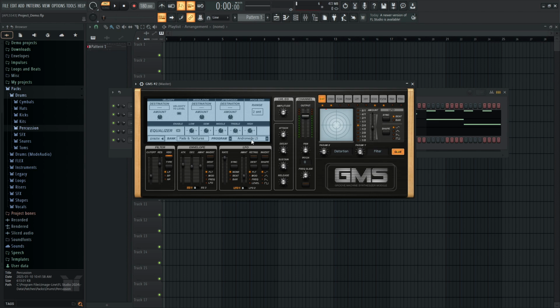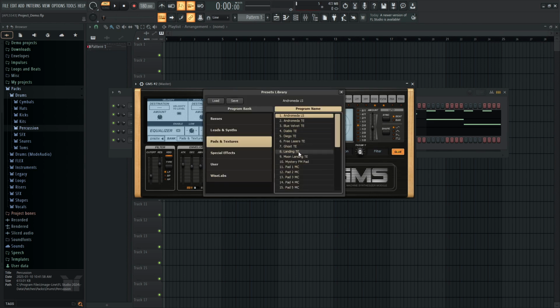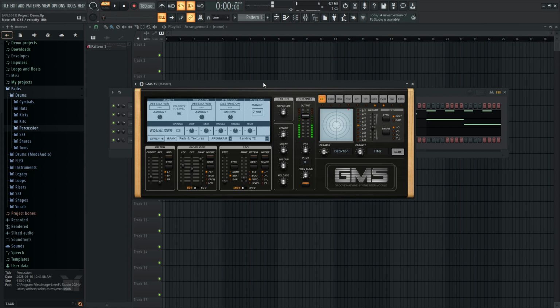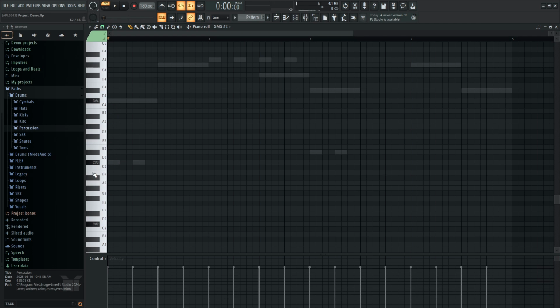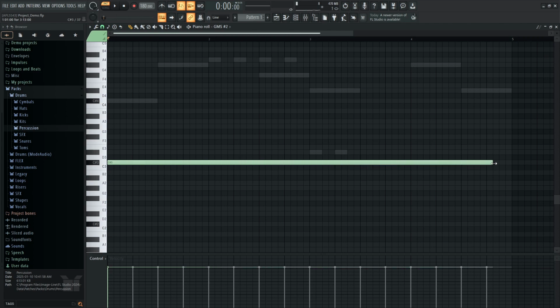okay, that sounds too sci-fi, so I'll probably select something else, landing to E. Okay, that doesn't sound too bad. Maybe moon landing. Yeah, I think this one sounds good. So I'm going to go back to the piano roll and lay it out. Let's see which sounds better. Yeah, I'll choose this one. This time I'm going to drag this out to fill all the 4 bars over here. So now if I play this out,